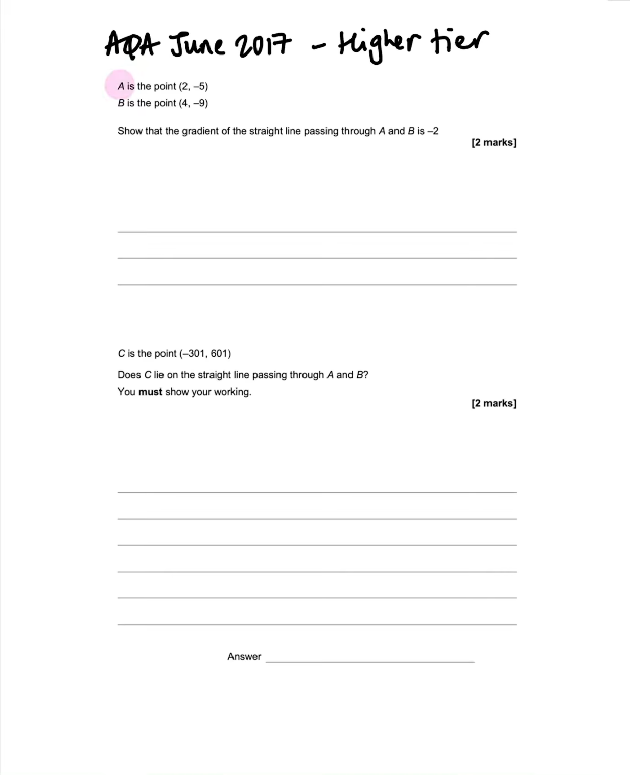A is the point (2, -5), B is the point (4, -9). Show that the gradient of the straight line passing through A and B is -2. So we're working with the gradient here. So the gradient